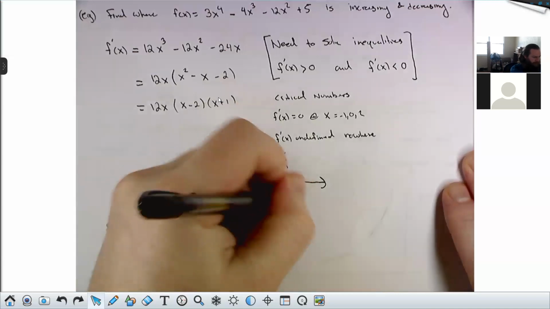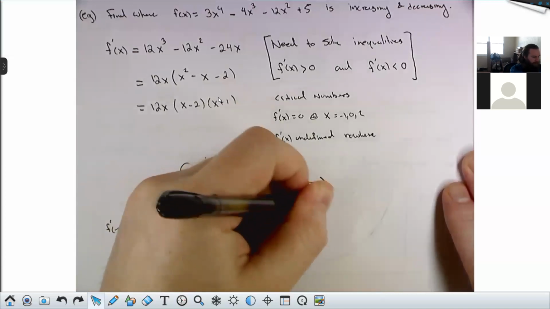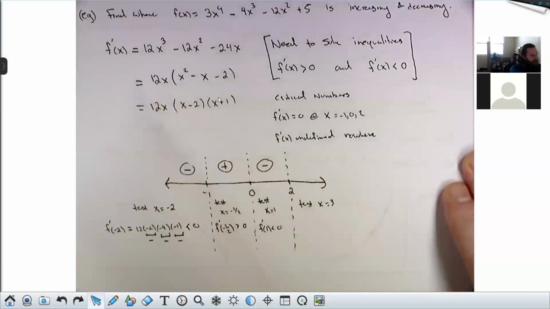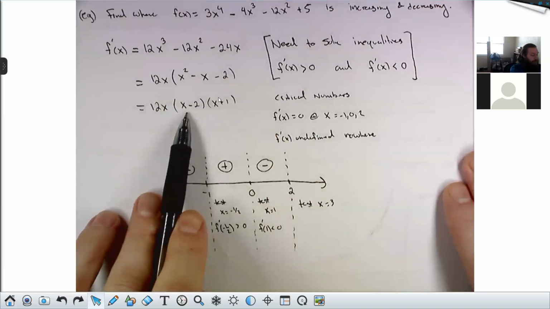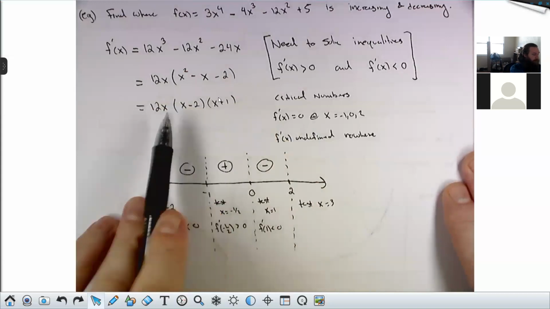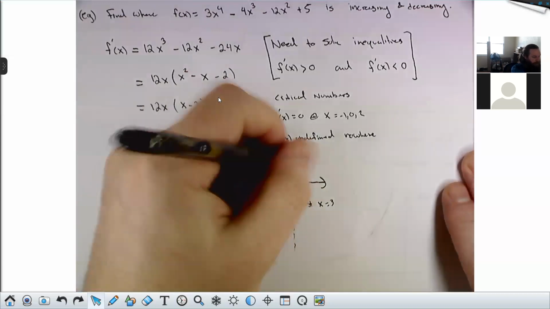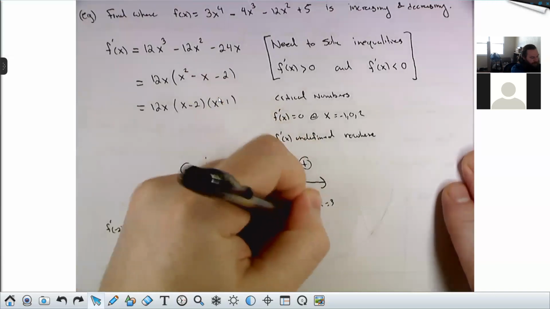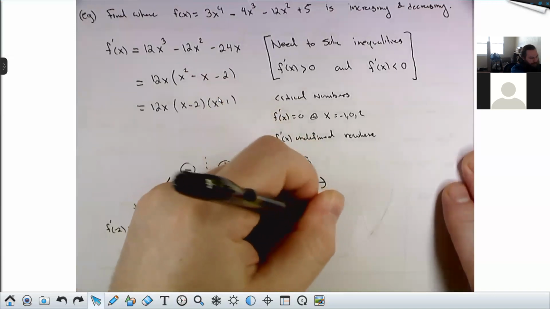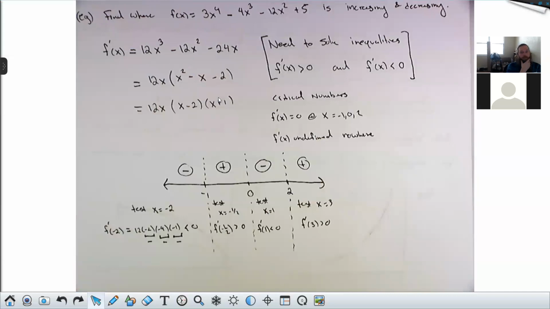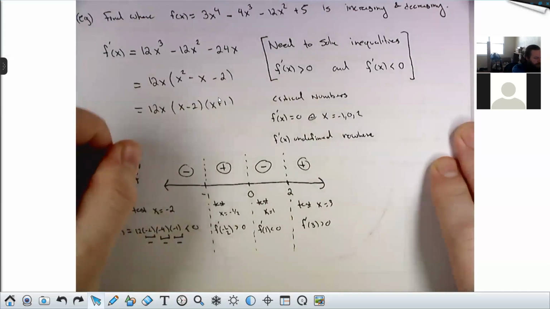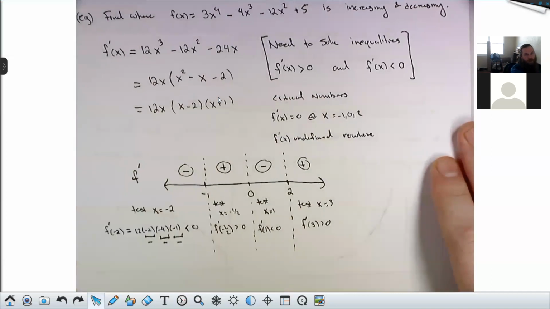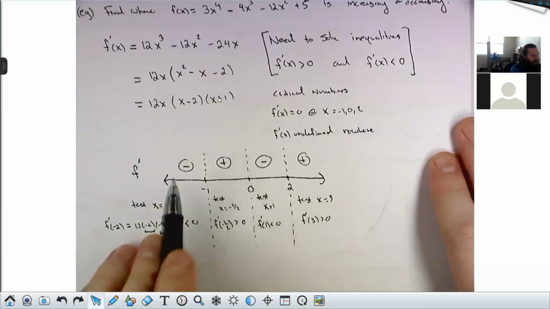And then to the right of 2, I could test something like x equals 3. f prime of 3, well, this would be positive. 3 minus 2 is 1, that's positive. 3 plus 1, that's 4, that's positive. So positive, positive, positive. This is definitely positive. f prime of 3 is definitely positive. And this is my number line for f prime. So f prime is negative